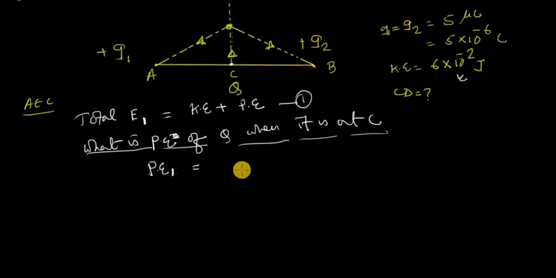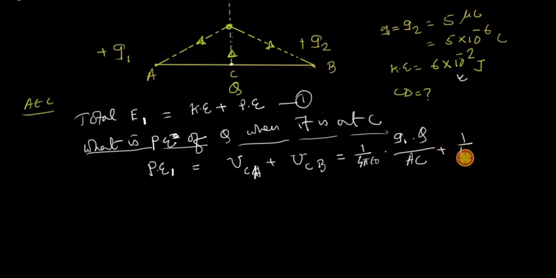Potential energy 1 is nothing but the potential energy of Q at C due to A plus the potential energy of Q at C due to B. From these two contributions, the potential energy of Q at C due to A is 1 by 4 pi epsilon naught, Q1 into Q by AC, and